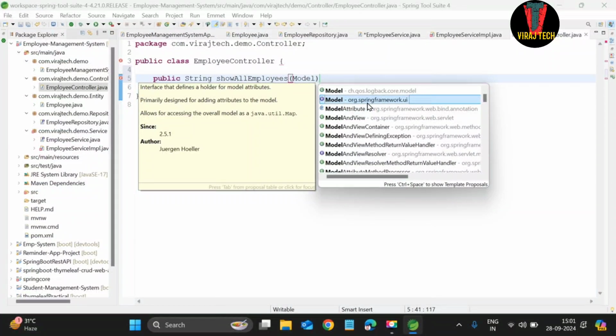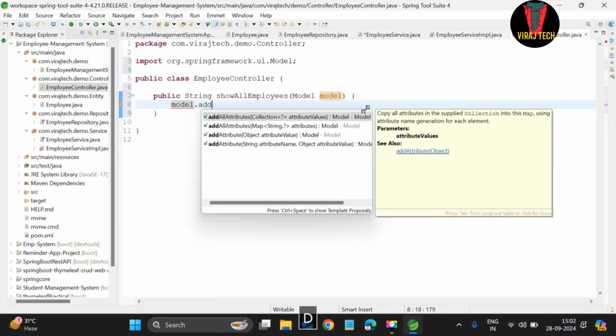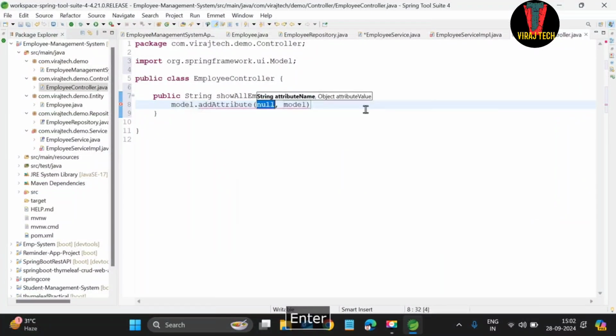Now you can double click on this to get the import, and write the variable as model, opening curly braces, and inside that model.addAttribute key value pair, double quotes and listEmployees,